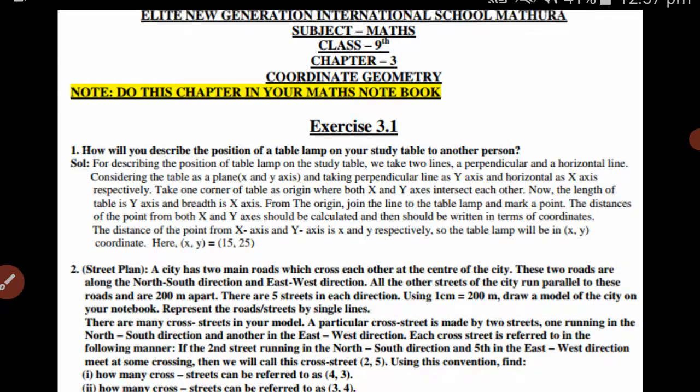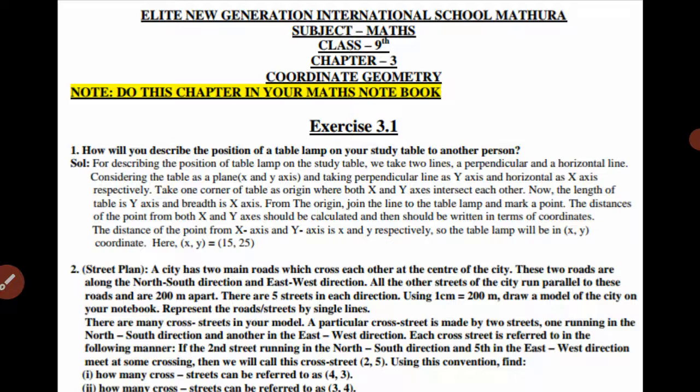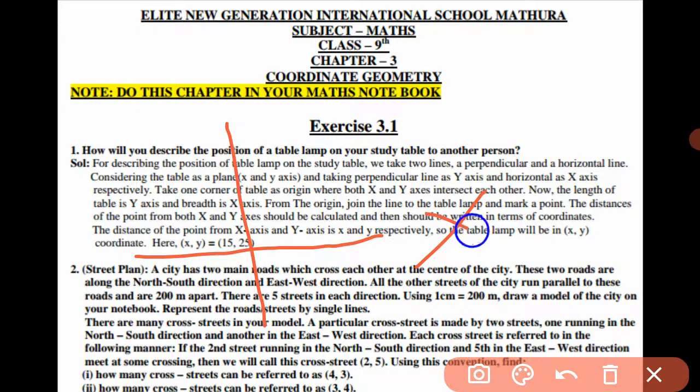Today we are going to start a new chapter, that is coordinate geometry. This chapter is very simple, and in this chapter we will study about the x-axis and y-axis. Coordinate geometry means the point which we have to show on the x-axis and y-axis. We have two axes, one is horizontal which is known as the x-axis and one is vertical which is